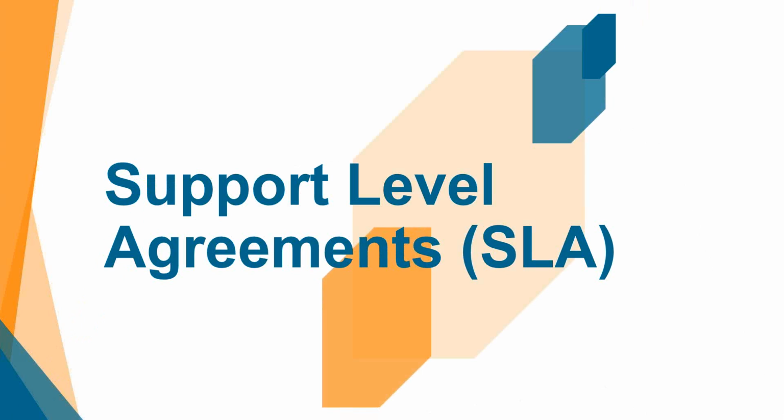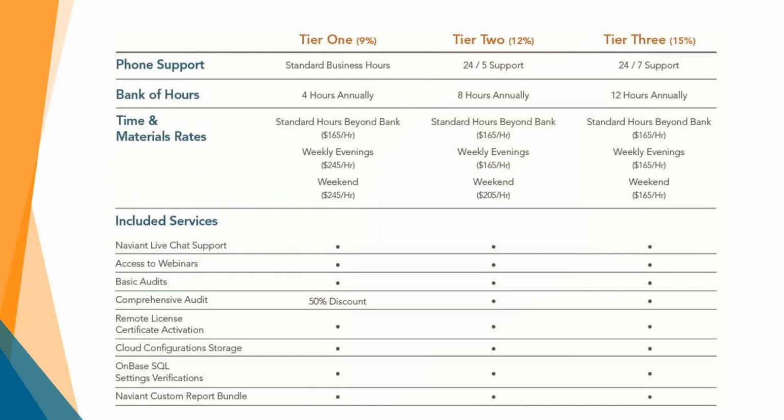Next, I did really want to include some support level agreements, or SLA, benefits that we have out there, because I see more often than not there are several features and benefits that are just underutilized. So here we can see a layout of Navient's unique tiered support structure. Of course, the absolute biggest advantage of being an SLA customer is the unlimited support. If you have an SLA, there is no additional cost or fees for any support related activities that occur